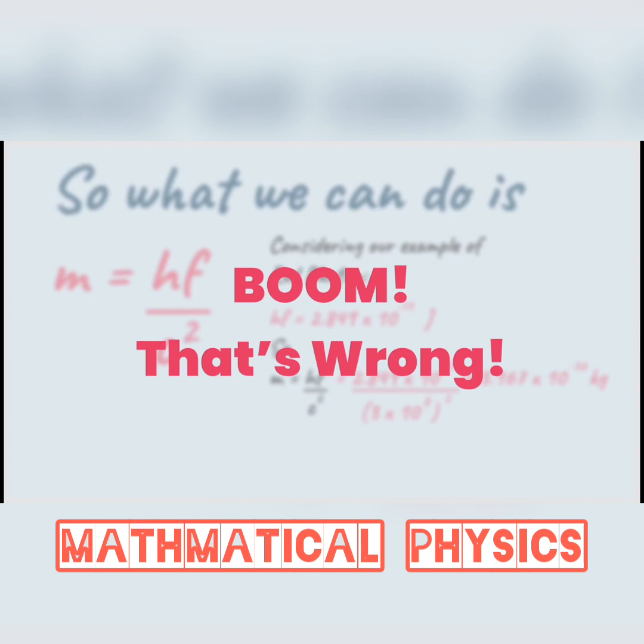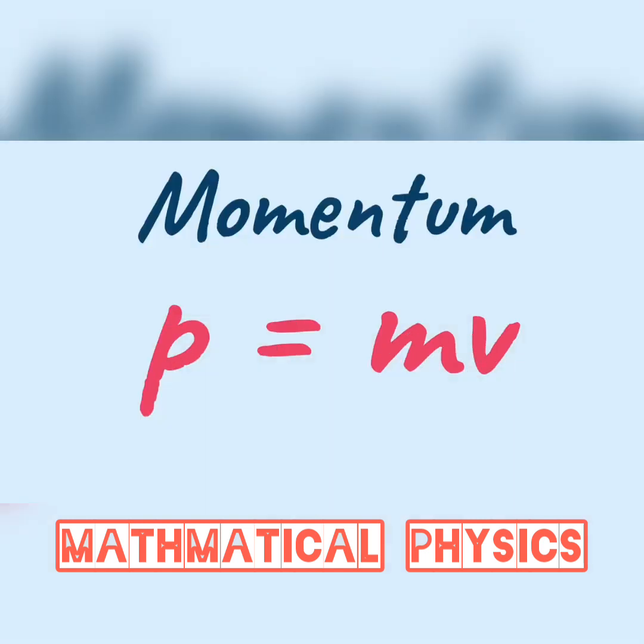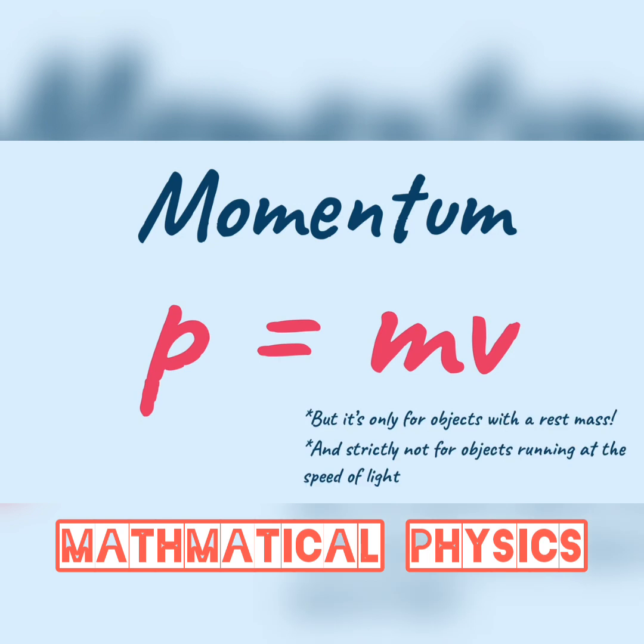But now you must be thinking, if photons do not have mass, how do we get their momentum? We know that they have momentum. But how do we get there without mass? Because the formula that we know for the momentum is P equals mv. So now let me tell you, when we take the formula P equals mv, we must take into consideration that this formula is only applicable for the objects with a rest mass,